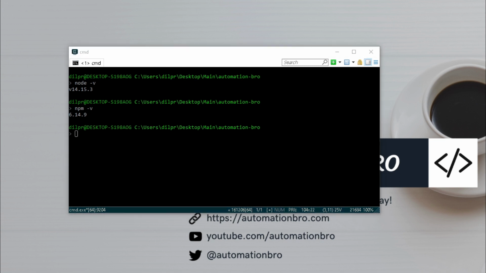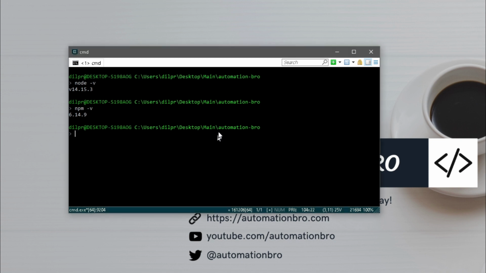And the next thing I want you to do is cd into the directory where you want to install WebDriverIO. In my case, I have cd'd into my Automation Bureau directory. And over here, I'm going to install WebDriverIO. The first thing I'm going to do is create a new directory. I'm going to call that one wdio-v7 as we're using version 7. And then I'm going to cd into that directory. There you go. So now I'm in the WebDriverIO version 7 directory.